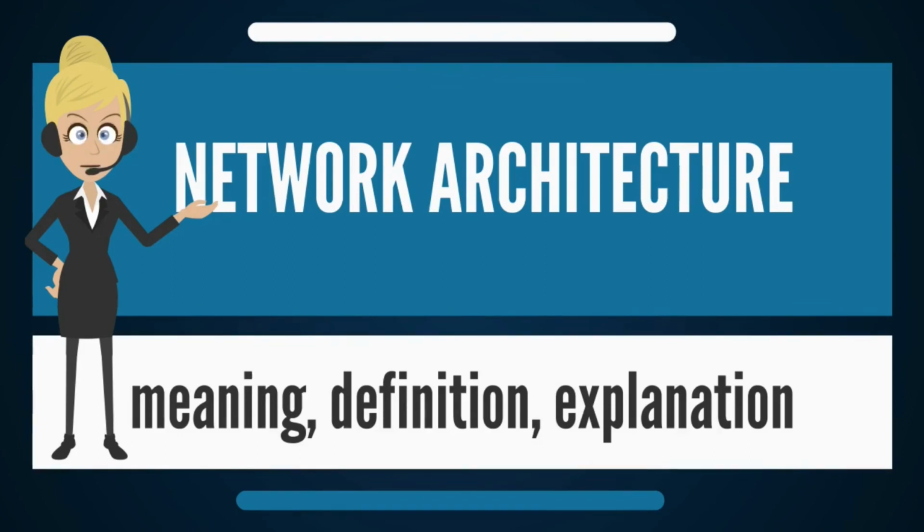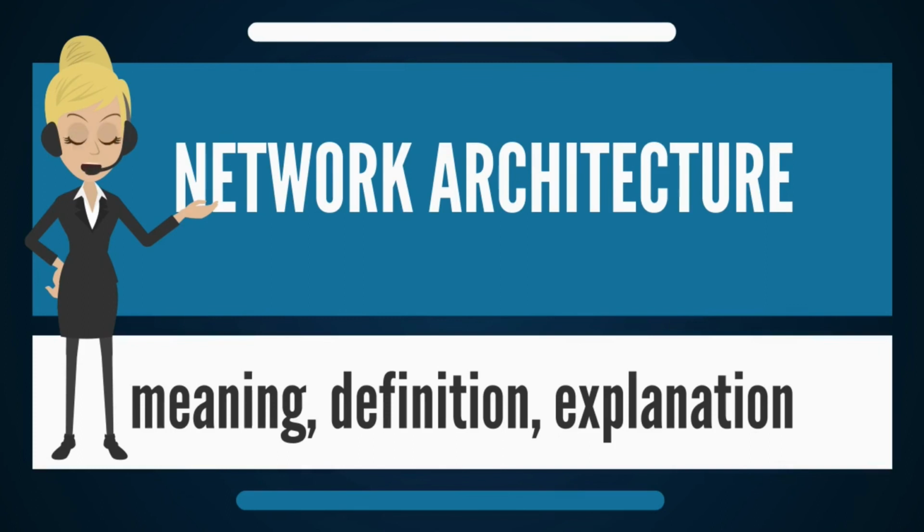The application layer is the OSI layer closest to the end user, which means that both the OSI application layer and the user interact directly with the software application. This layer interacts with software applications that implement a communicating component. Such application programs fall outside the scope of the OSI model.